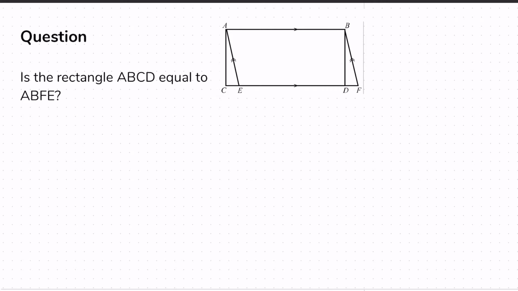What's different between these? Well, the difference is really this little triangle in here. These are overlaps, as it were. And if they're the same, then this triangle, ACE, is equal to BDF,